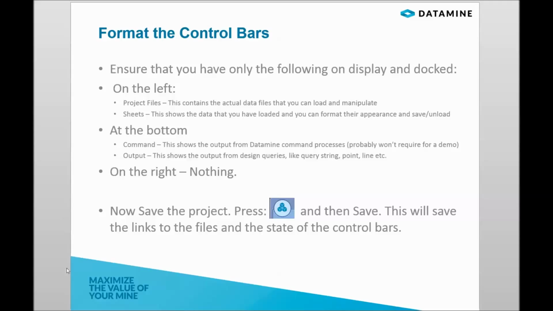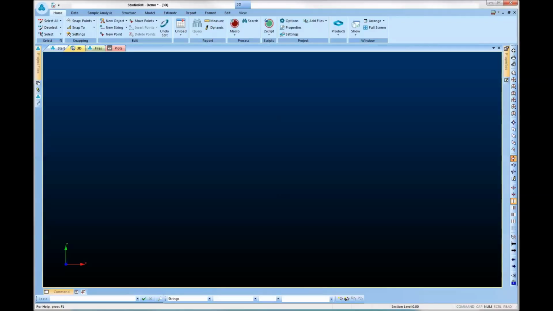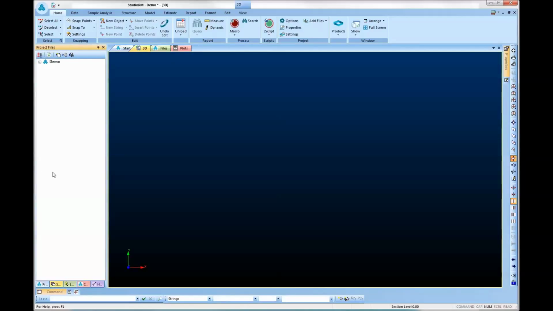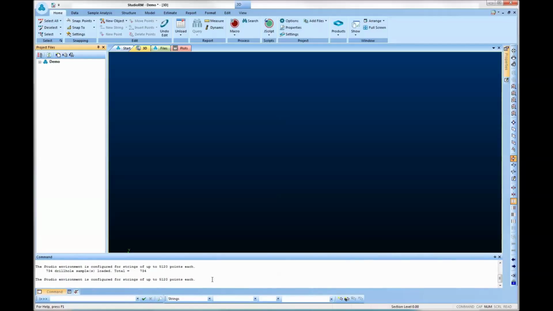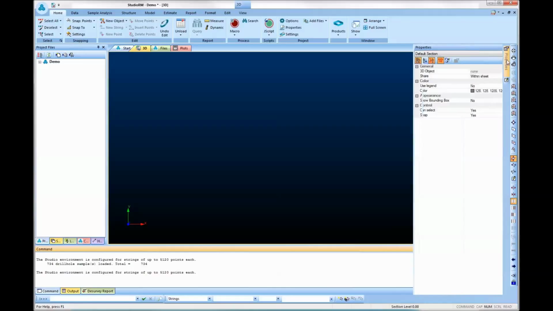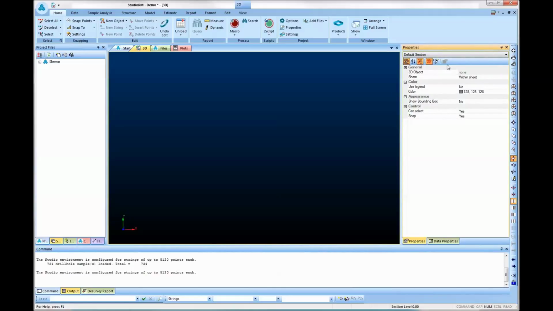On the right, nothing. So just break into the software, and if your control bars are around the edge like this, what we need to do first of all is take the first one, which in this case is project files, press on the pin button, which comes up with auto hide, and then for the command at the bottom we want to scroll over it and do the same thing, and then on the properties on the right hand side we want to also press the pin button to do the same thing. Now as you can see, by default we have a lot of control bars, but in reality we only need to see a minimum